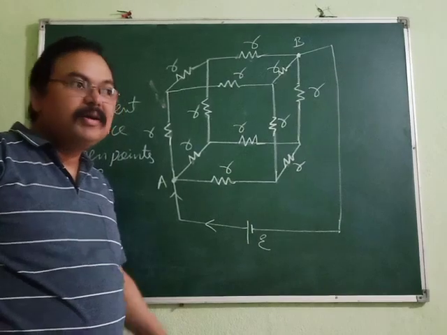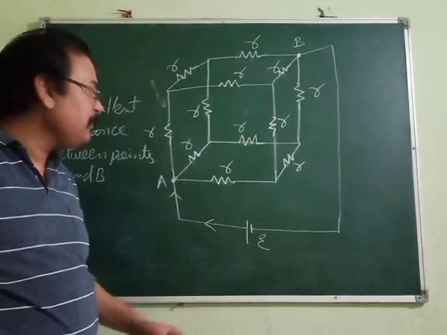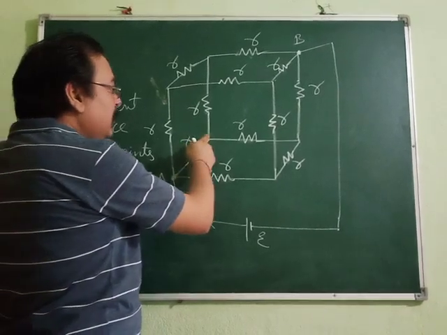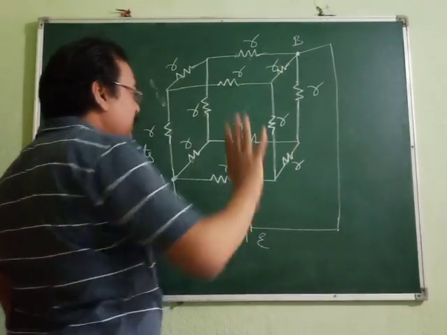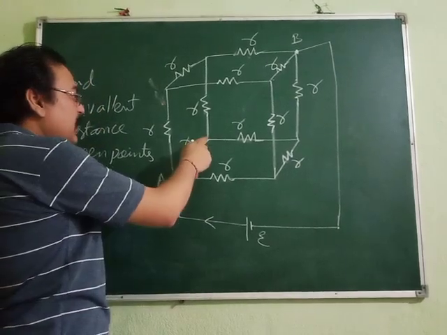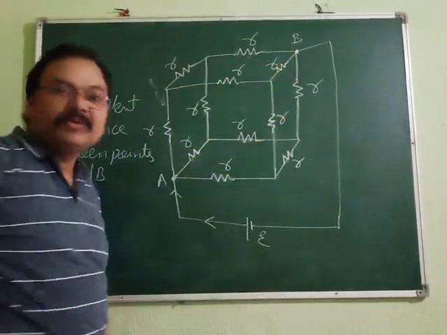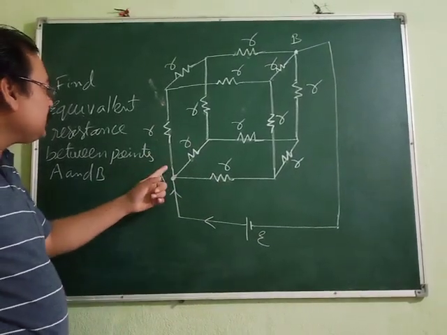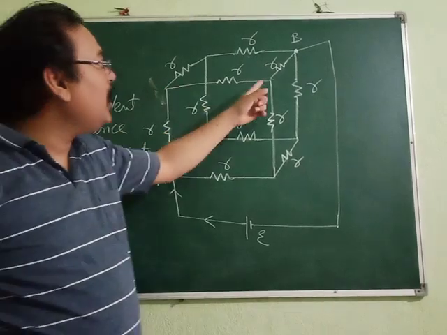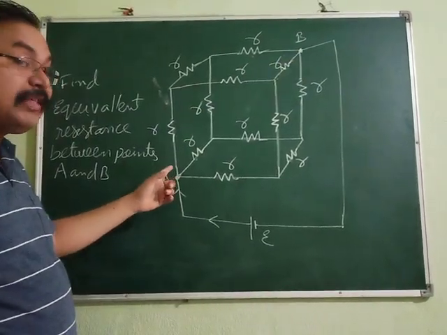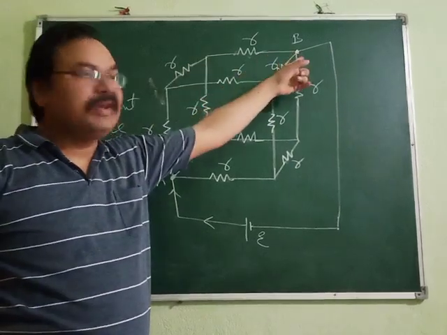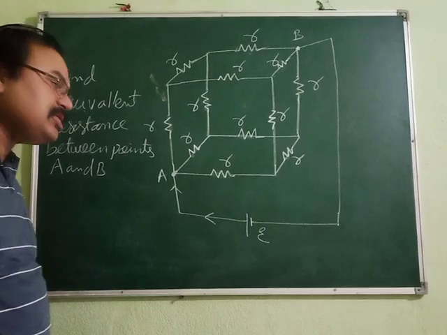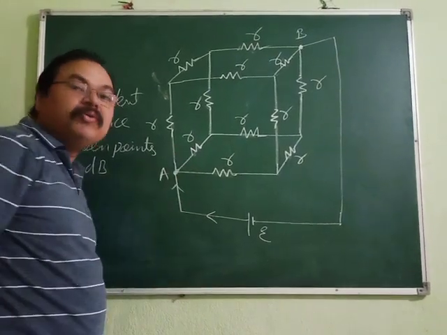So what will you find? Total resistance of this path is 3R. What about this path? Again R, 2R, and 3R. If you take some other path, R, 2R, and 3R. So this also has equal resistance 3R. What about this path? R, 2R, and 3R. Or another path, R, 2R, and 3R. That means all the 3 paths are similar because they have equal resistances, so current will be divided in equal amounts.